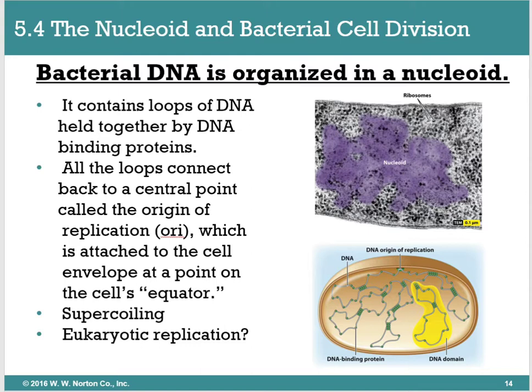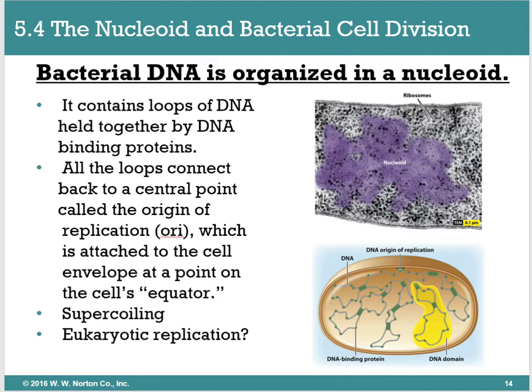And then also in bacterial cells, they have something called supercoiling. This is how they keep so much DNA in such a small area: they use the process called supercoiling. Whereas in eukaryotic cells, we use something called histones. But for our class, I just want you to know that